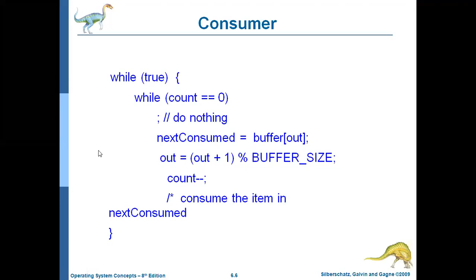Okay, again you move to the next iteration. 4 equal to 0? No. Next consumed equal to buffer of 1. So next you consume the item which is in the first location. After that, 1 plus 1 is 2, and 2 modulo 5 means 2. Count value was 4 earlier, 4 minus 1 is 3. Like that, you consume the items: buffer of 0, buffer of 1, buffer of 2, buffer of 3, buffer of 4.